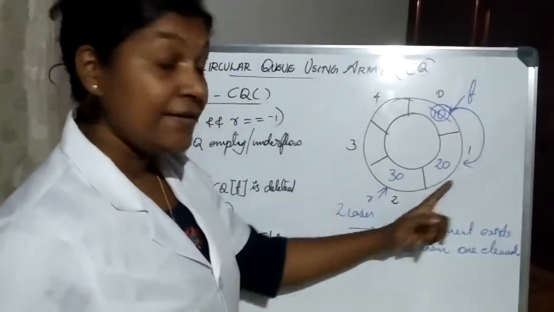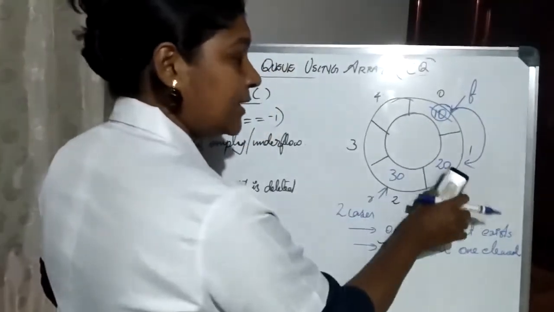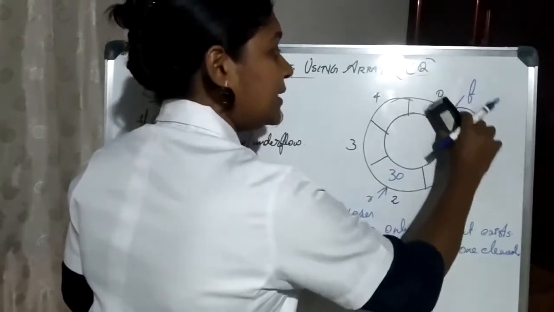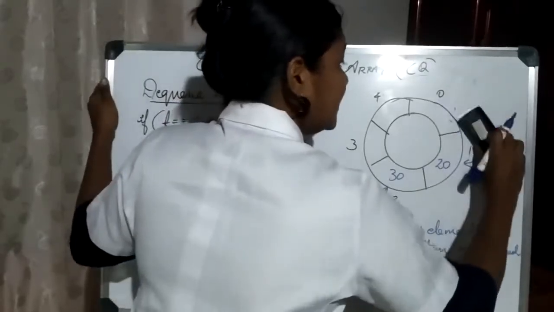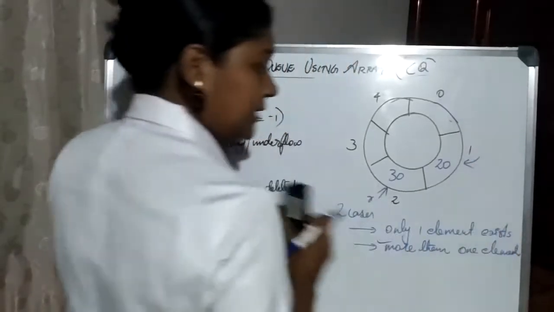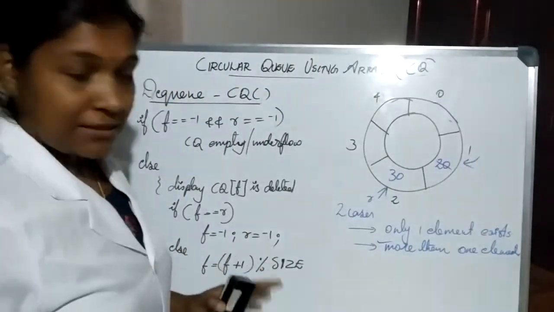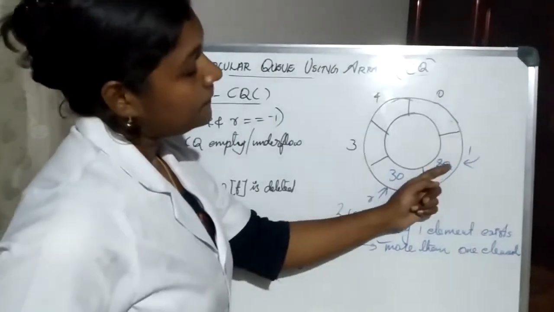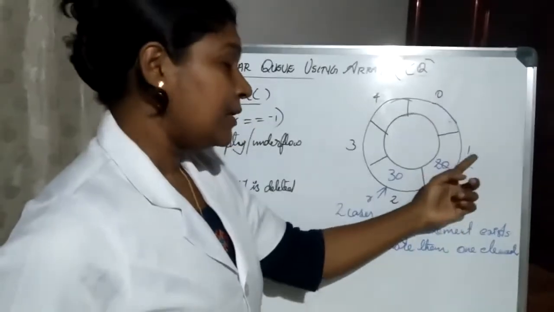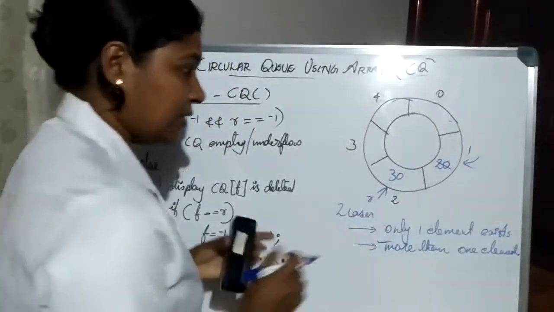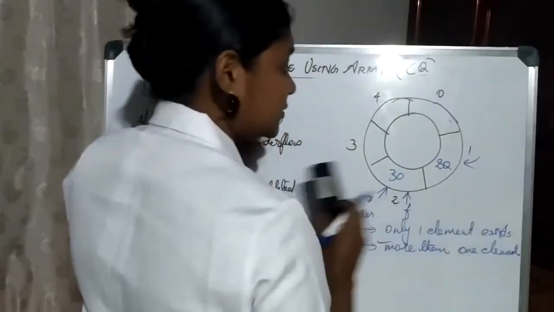But in the first case, only one element exists. What would be that case? Suppose we deleted 10. Then suppose we are deleting element 20 also. In that case, is it more than one element, right? That is, right now there are two elements. So if we are deleting element 20, again we can perform the second method, that is, more than one element. So you display the message element 20 is deleted. Then you increment the value of front to the next position. So suppose we incremented the value of front to the next position. Right now front is pointing here.